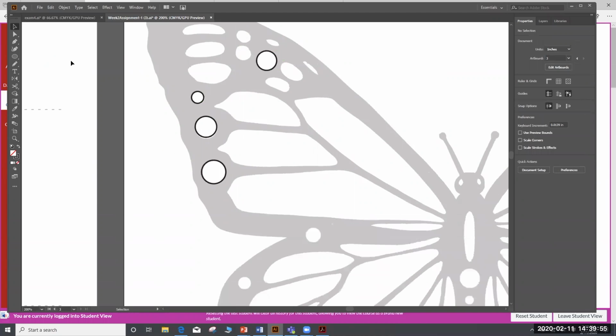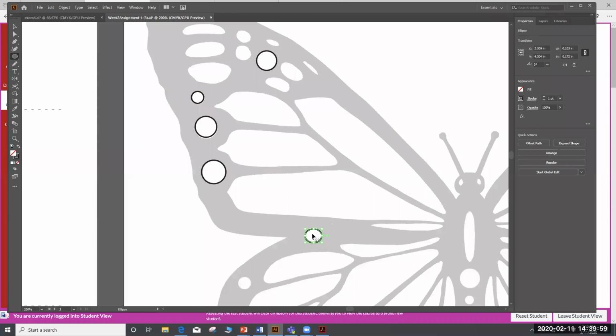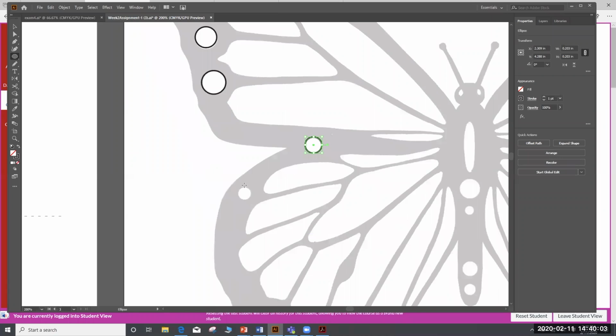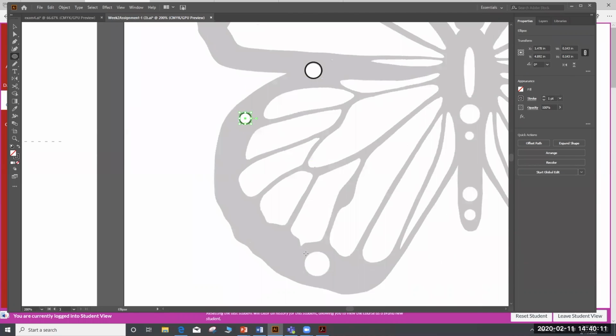So all these ones that are just circles or ovals, yes, you can use just the circle or oval tools. You can manipulate these ones. On the pen tool exercises, you didn't really want you to tweak them because you wanted to practice them. These ones you can change around. I'm focusing on one side right now because I'm just going to do one side and then I'm going to flip it over